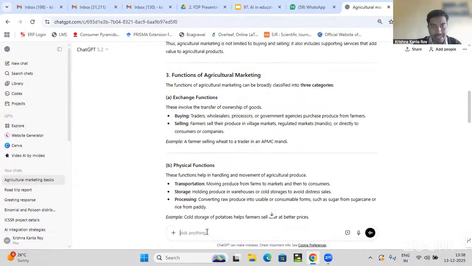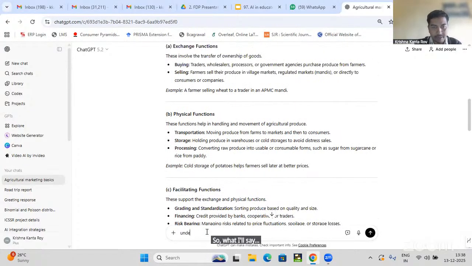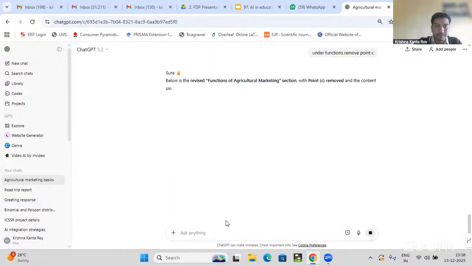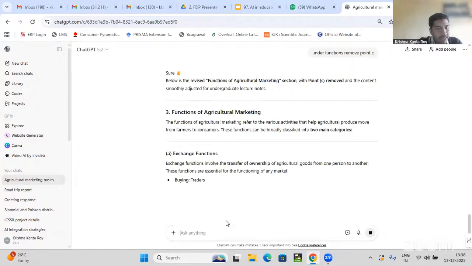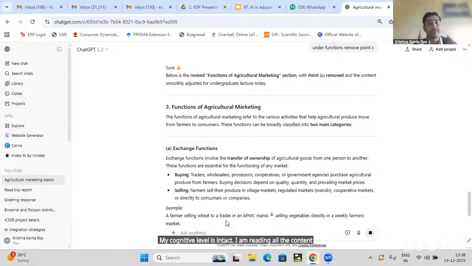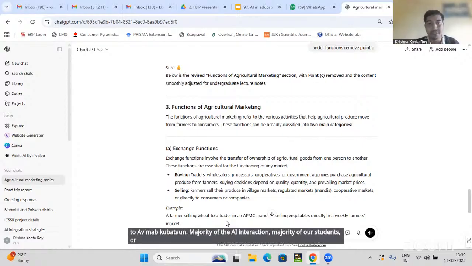तो what I will say, इसका मतलब क्या हुआ? My cognitive level is intact. I am reading all the content and I am interacting. तो अभी मैं आपको बताता हूं, majority of the AI interaction, majority of our students or maybe faculty members, the